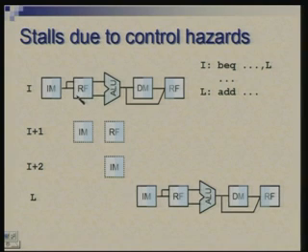But the actual address is only known after this stage, after you have done the comparison and you have also calculated the next address. So if the branch was to be taken, it is in this cycle that you can initiate instruction L. So now you have two choices, that either